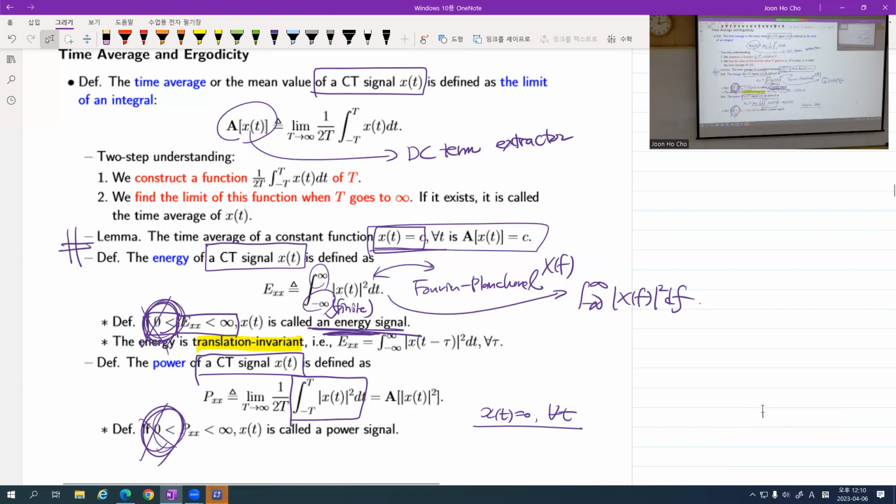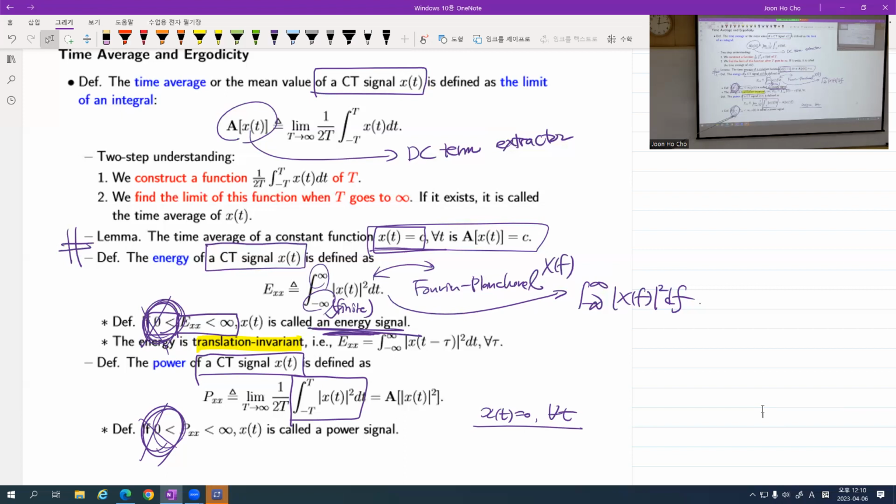So now you may wonder then, this union of the energy signal set and the power signal set would be the entire signal set. Actually, it is not. Some signals, mathematically interesting but not practically, have infinite power. For example, x of t equals exponential t has infinite power. But that would not be interesting